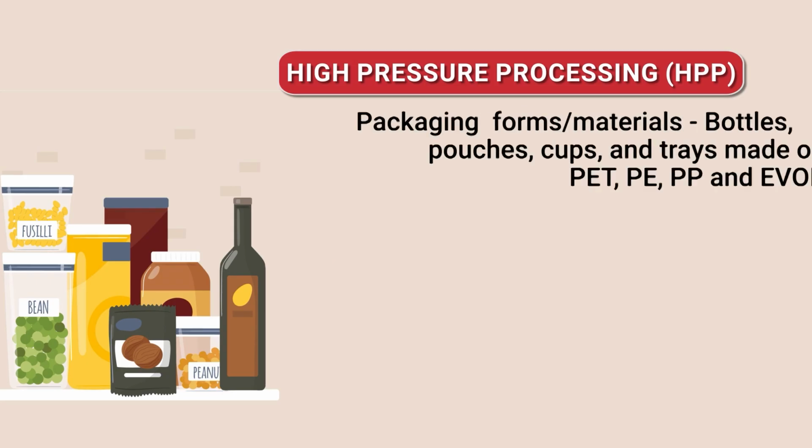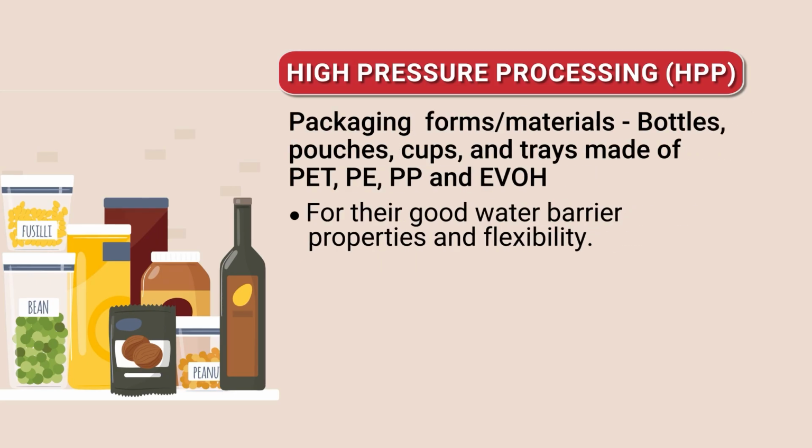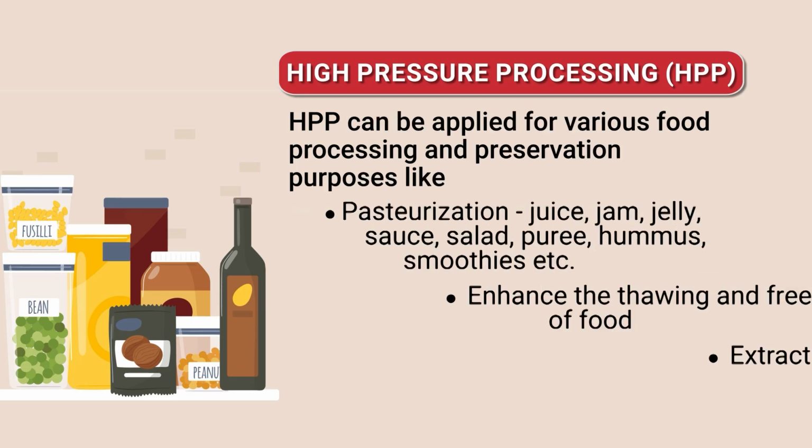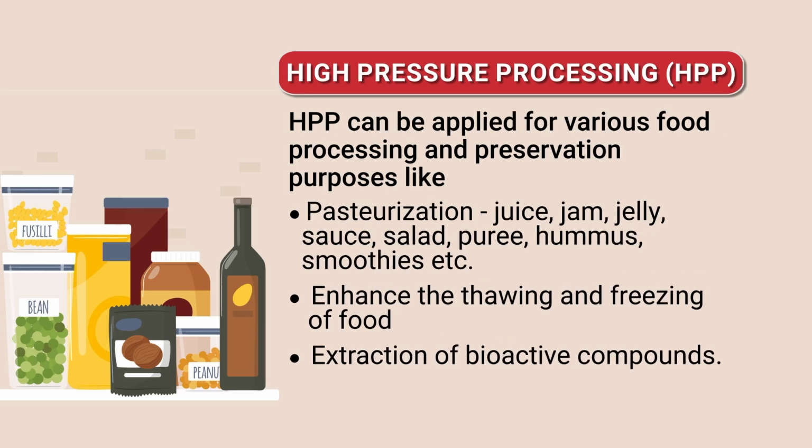it is being exposed. The packaging forms and the materials which can be used could be bottles, pouches, cups, trays, and they are made of PET, PE (polyethylene), polypropylene, EVOH. And why are these particular materials selected? They are selected because, even despite exposure to pressure, they maintain barrier properties, and moreover, the seal strength. When pressure is there, there could be opening of the seal. So not only is the material withstanding, but the seal integrity is